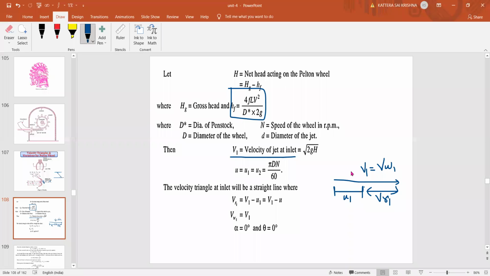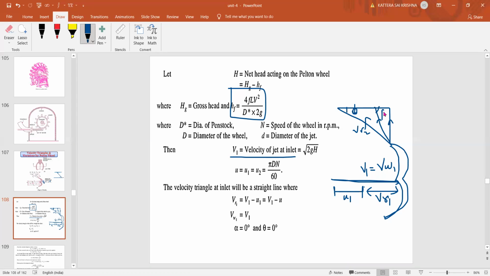So you need to remember all these things. You need to draw the blade like this always, symmetrical with respect to the splitter. At the center we are hitting with a velocity of V1, which is always equal to VW1, a total line. Next, at the outlet we'll get our triangle like this. So this will be the angle phi, VR2. Next, at the center we'll have V2. Here we'll have your VF2.